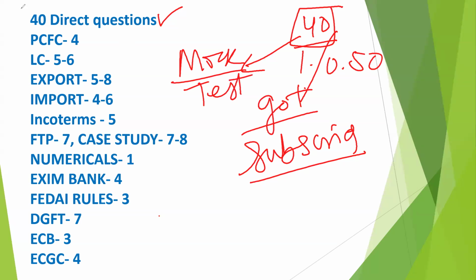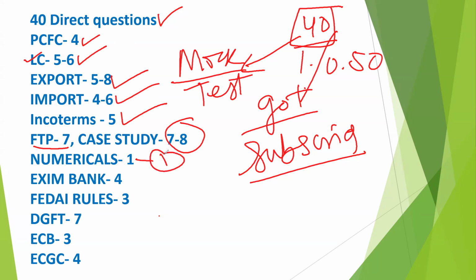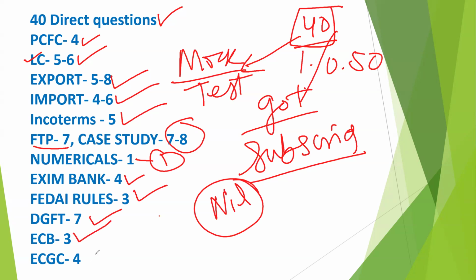Another is PCFC, packing credit in foreign currency, 4 questions. LC, letter of credit related 5 to 6 questions. Export related 5 to 8 questions. Import 4 to 6 questions. Incoterms 5 questions. Foreign trade policy, some 7 questions were there. Case study based 7 to 8. And in this also sometimes case study based questions were involved. Numerical, one numerical question was also available in the exam this time, but sometimes we have seen that there is nil numerical, but this time numerical was there. Other is Exim Bank, 4 questions, FEDAI rules 3 questions, DGFT 7 questions, external commercial borrowing 3 questions, and from ECGC